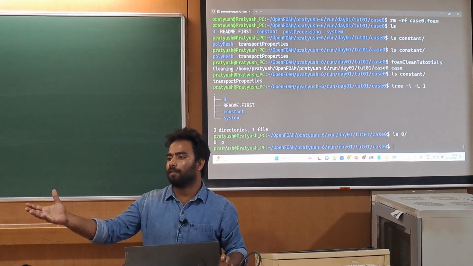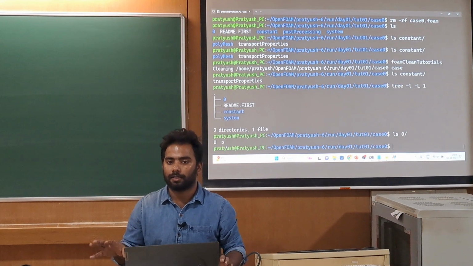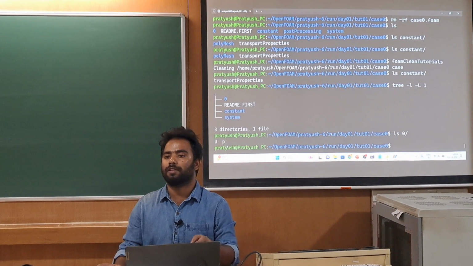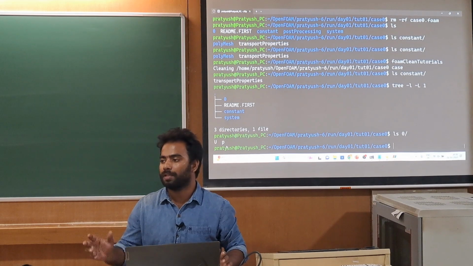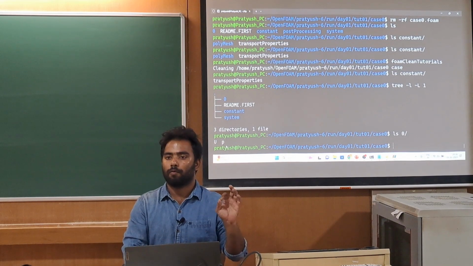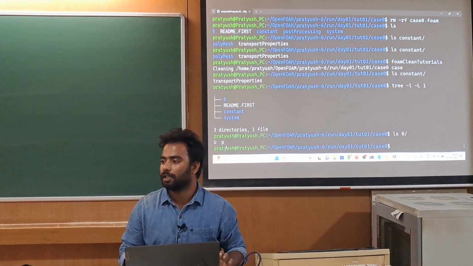For a compressible solver, density is also important, so you will have one file with the name rho. Rho means density. But this is a simple test case. We are solving only for the pressure and velocity. That's why you are seeing the U and P.